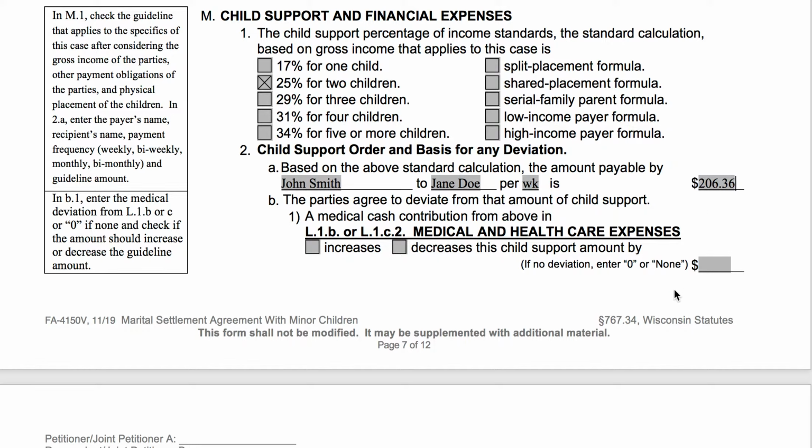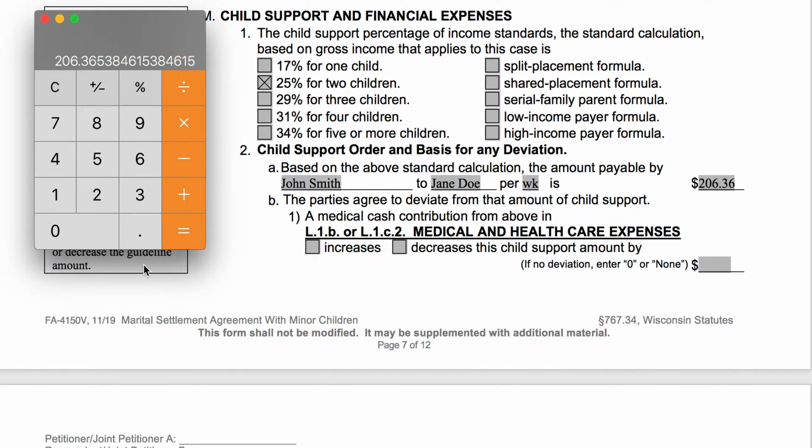And those of you who don't believe me, again, if we end up with 206.36 per week, times 52, and you divide that back out into a monthly number, it looks like it's $894.22. So it's very, very close. It's just the rounding that I did there, and you could round up to make it be exactly that $895.